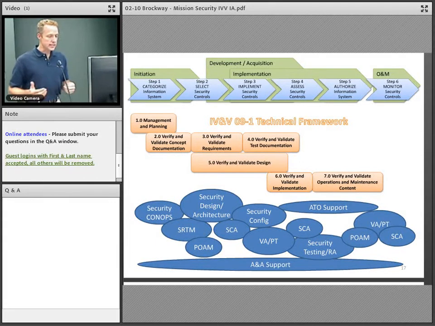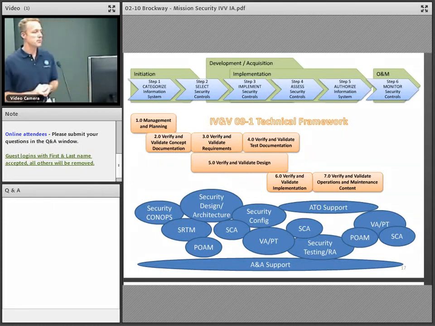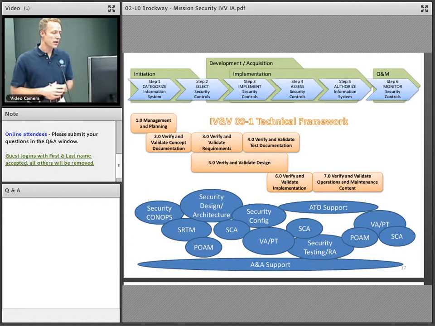VA and PT, that's the vulnerability assessment and penetration testing, and you find that in a couple spots here, because where you're implementing security controls and those are assessed, that's where testing occurs. So you may have both: a friendly internal vulnerability assessment as part of your risk assessment strategy, or you may indeed find the need to perform penetration testing, where not only are the vulnerabilities identified, but then they're exploited to determine the maturity of your security controls and the configuration of those security controls.